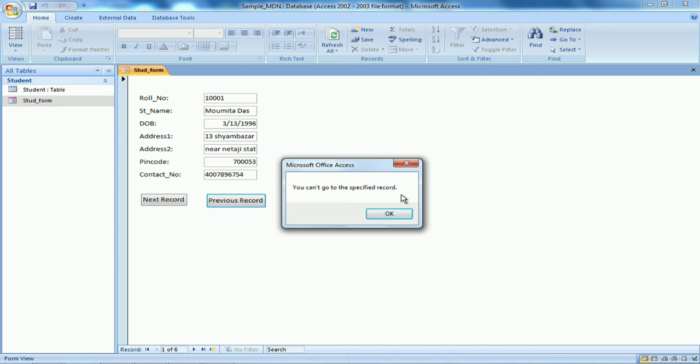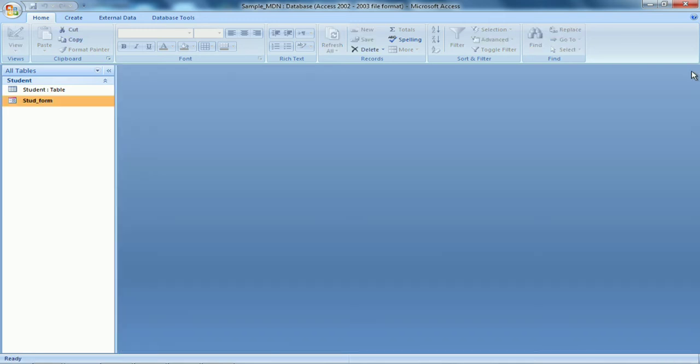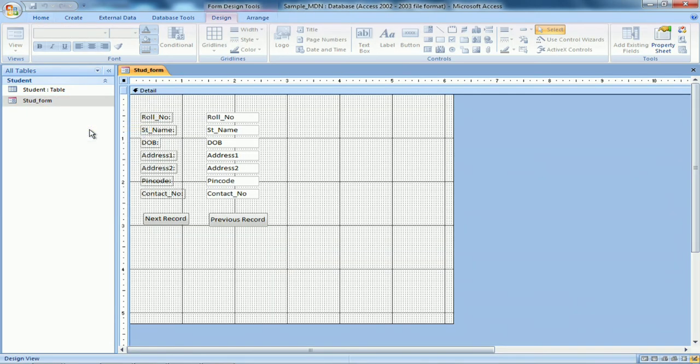But after the last record there is an option to enter a new record, that is why a blank form is shown where you can enter the records. That is why in the next record a new form opens with all these empty text boxes. So I have placed 2 buttons as navigation buttons. Now let's close it.